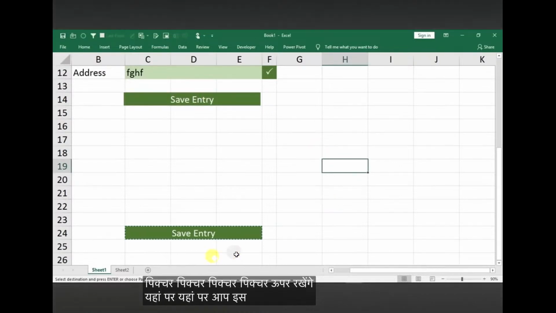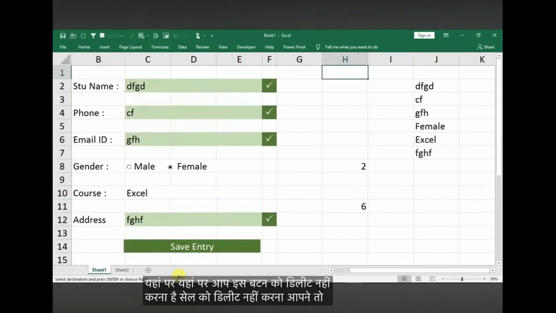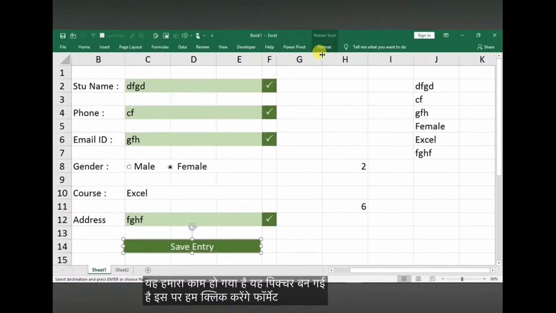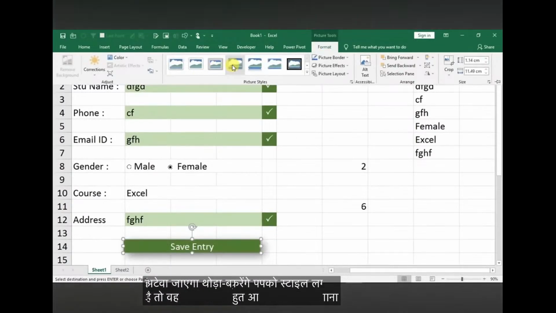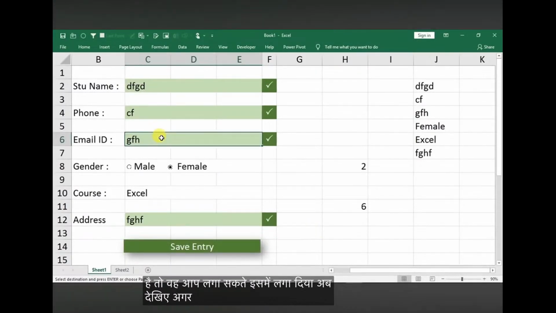ठीक है ना। इस बटन को डिलीट नहीं करना, इस सेल को डिलीट नहीं करना आपने, तो ये हमारा काम हो गया है, ये पिक्चर बन गई है, इस पर हम क्लिक करेंगे, फॉर्मेट का टैब आ जाएगा, थोड़ा बहुत आपको स्टाइल लगाना है तो वो आप लगा सकते हो, जैसे मैंने ये लगा दिया। अब देखिए अगर मैं यहाँ पे एंट्री नहीं